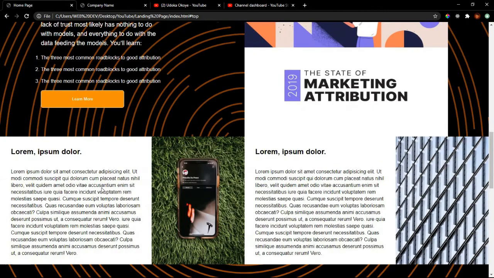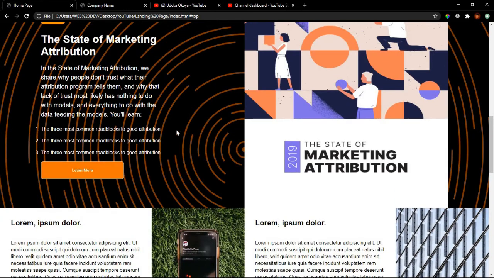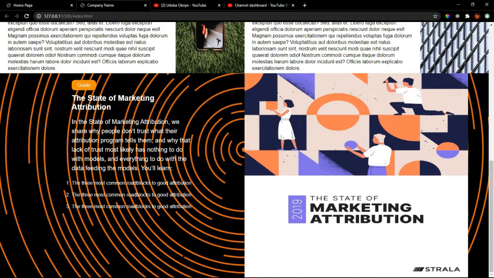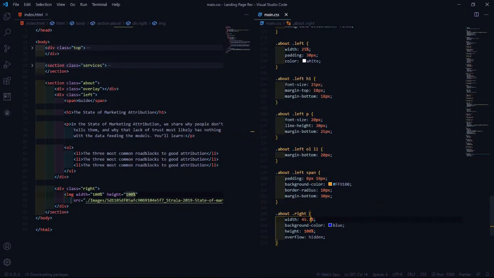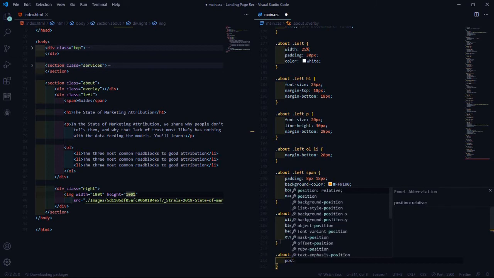So what is just remaining now is this button for this particular place. We need to fix the button and also our overlay. So let's fix that overlay first. We've put in the div for the overlay. Now let's fix the style for the overlay. So let's put in dot about dot overlay. Then we'll do its position just like we did before. Position absolute,